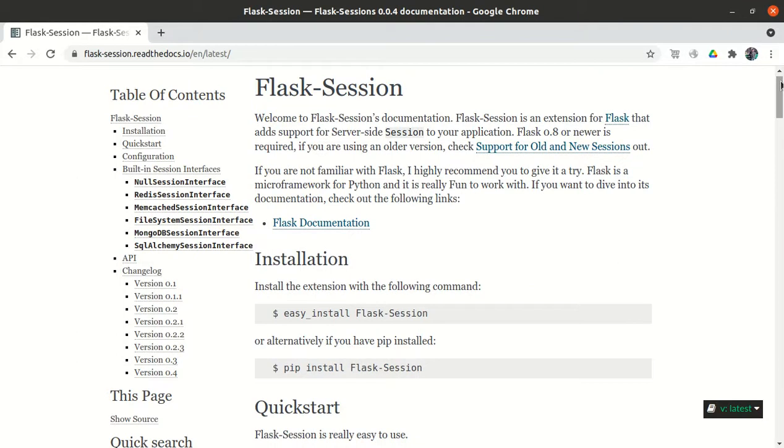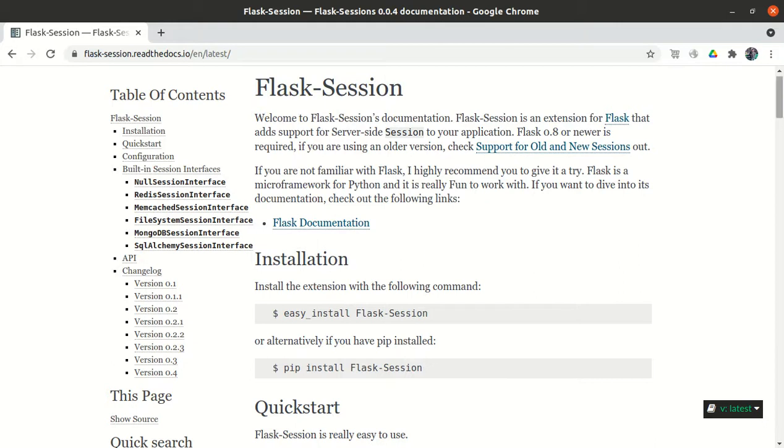We can store the session on the server side, or on the client side. If we want to store the session only on the client side, we just import session from Flask and store it as a key-value pair, whatever value we get from the form. But if we have to store the session on the server side for security purposes, we use the Flask-Session module.